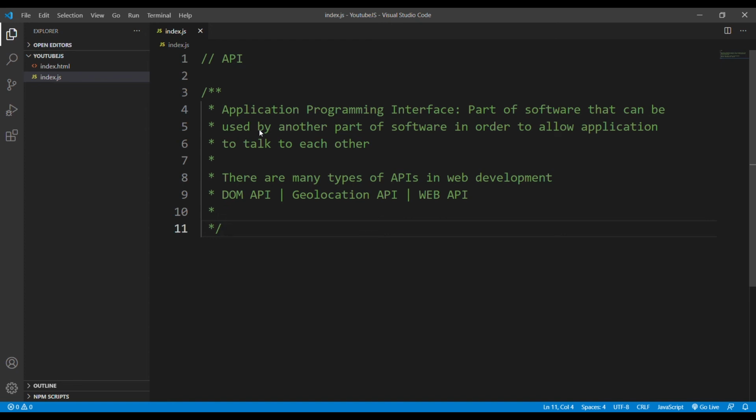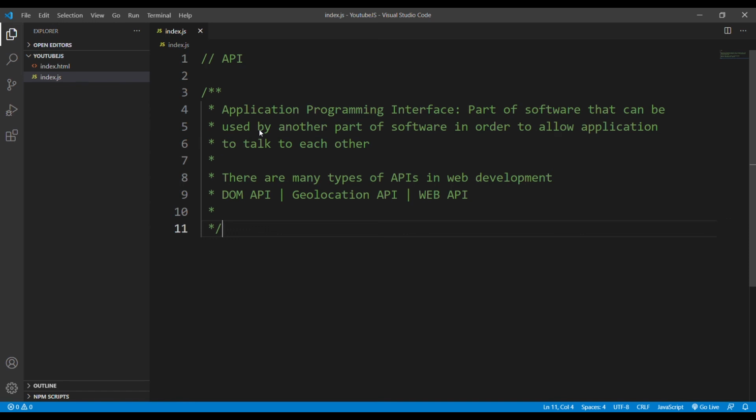Okay. So in web development or JavaScript, there are APIs like the DOM API and the Geolocation API. And the part that we are specifically interested in is the web API or online API, or some people also call it just API.